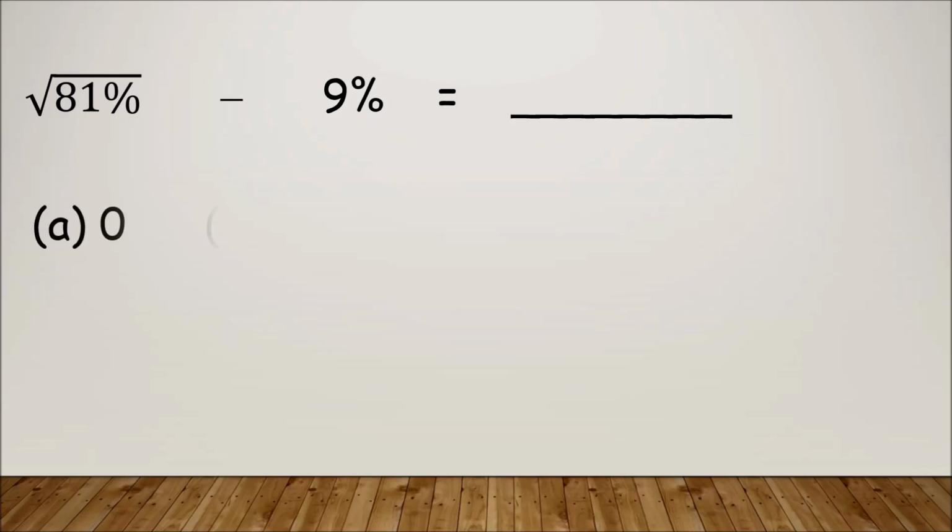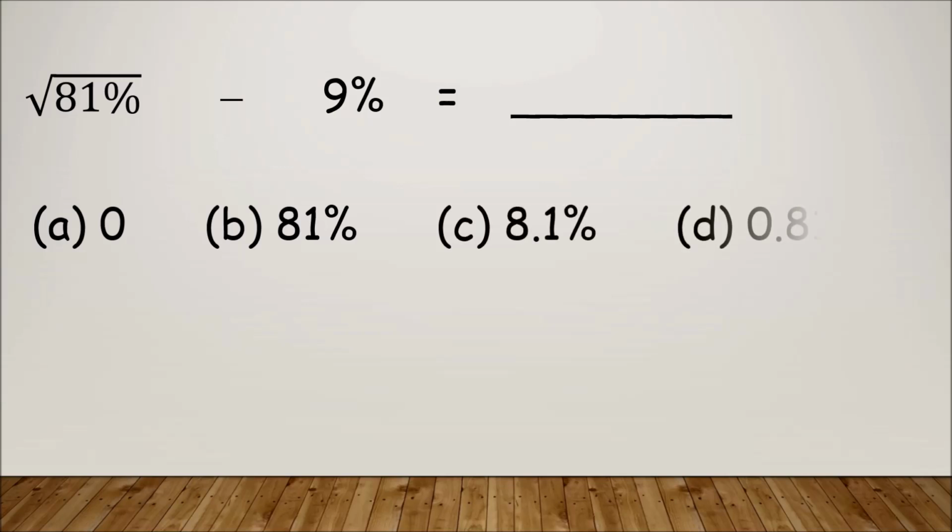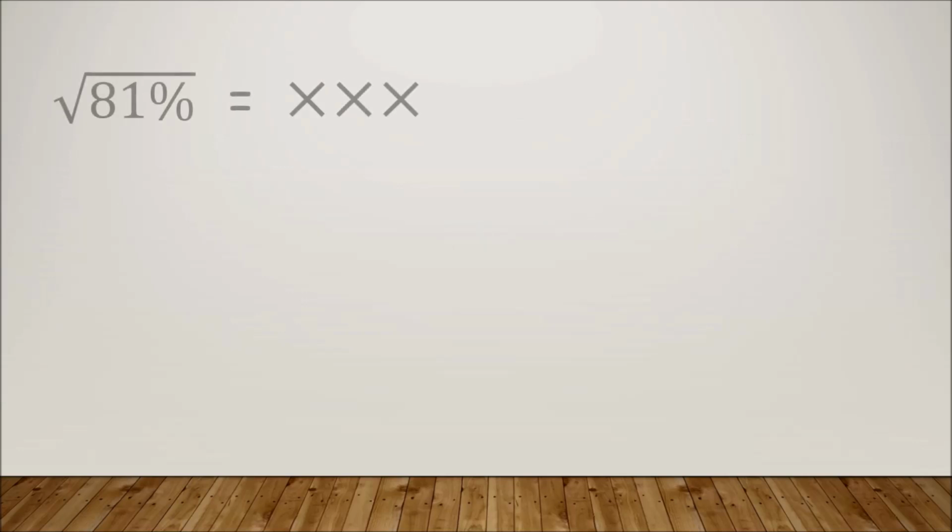Today we have a multiple choice question to solve. Square root of 81% minus 9% is equal to dash. And the options are A) 0, B) 81%, C) 8.1%, and D) 0.81%. This question cannot be solved directly since we cannot find the square root of any number in the percent